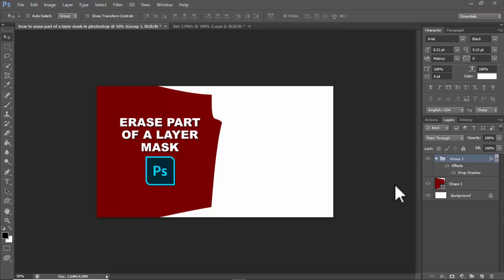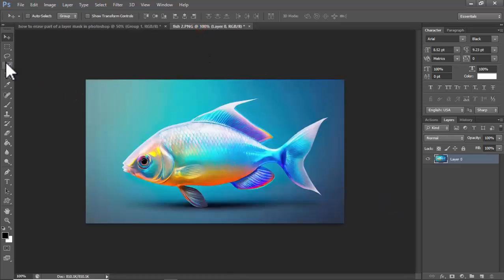Assalamu alaikum. In this video, how to erase part of a layer mask in Photoshop. Let's get started. See this image, and